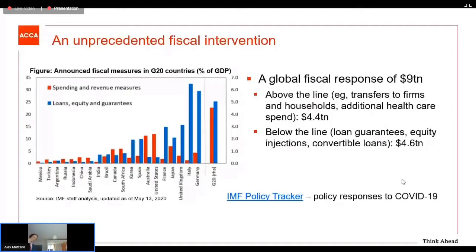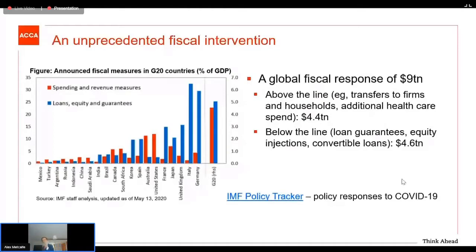And what I direct you to as well is the IMF policy tracker that has a link there that you can hopefully click through in the documents, which sets out a quite comprehensive view of the different policy responses that have been occurring across 196 countries. So a very useful resource there. But from my view, because we have this below the line intervention, not actually making up the majority,